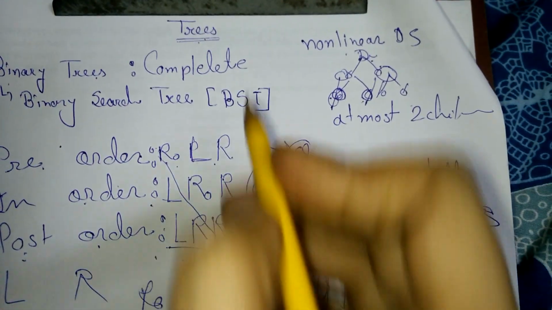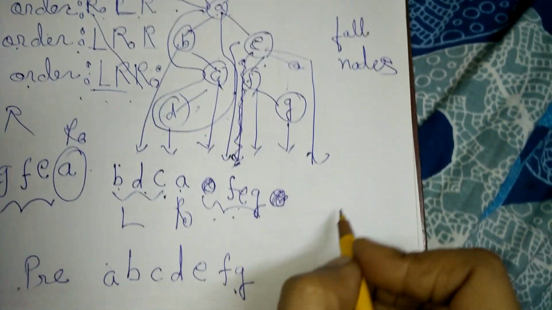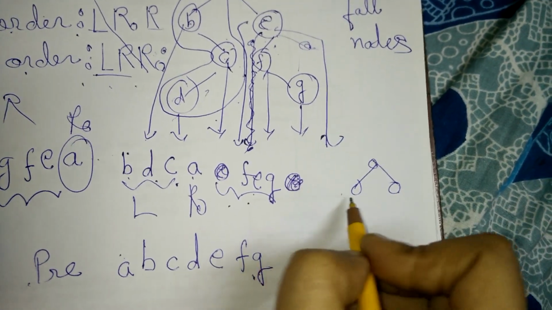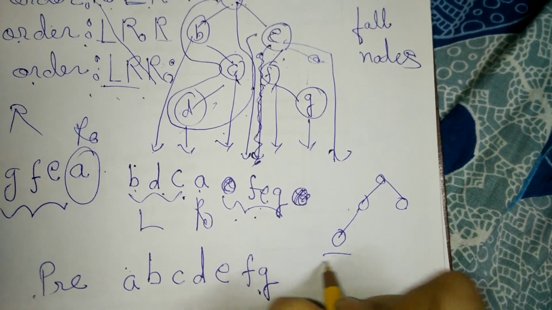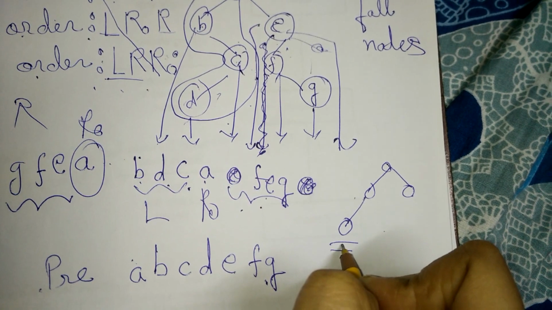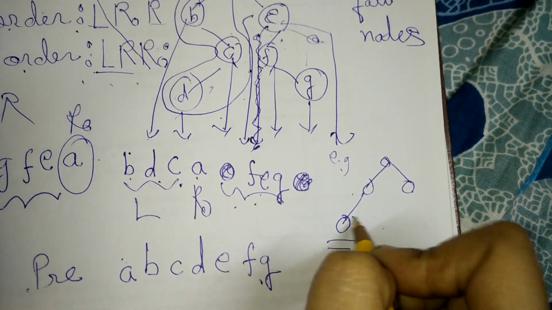Now when we see that the binary tree is a complete binary tree, if your binary tree is having at most two children, or at least the left child is present instead of the right child, then the tree is called a complete binary tree. For example, I can say this is a complete binary tree.